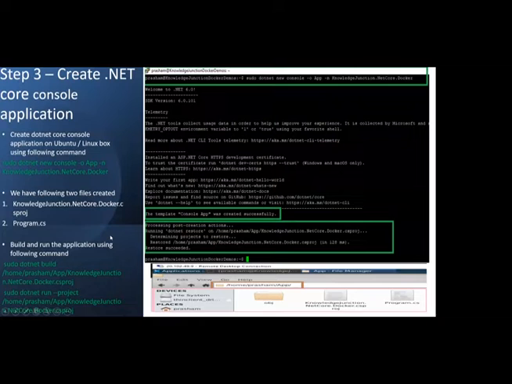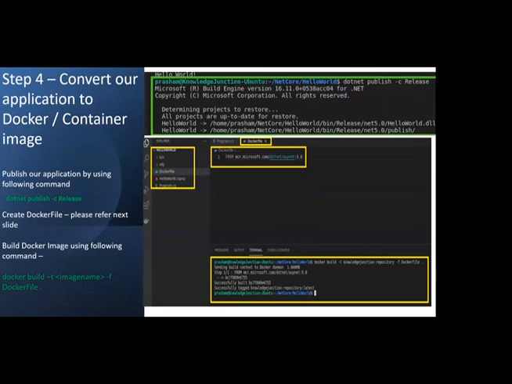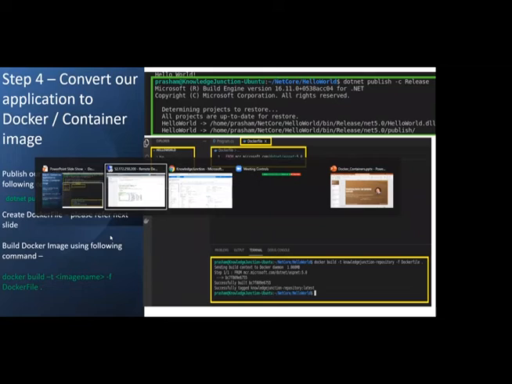So we have created a console application and executed it. Now let's move to step 4. This is an important point: how do I convert this .NET Core application to a Docker image, or container image? Basically we need to publish this as a release, because we are creating container images.